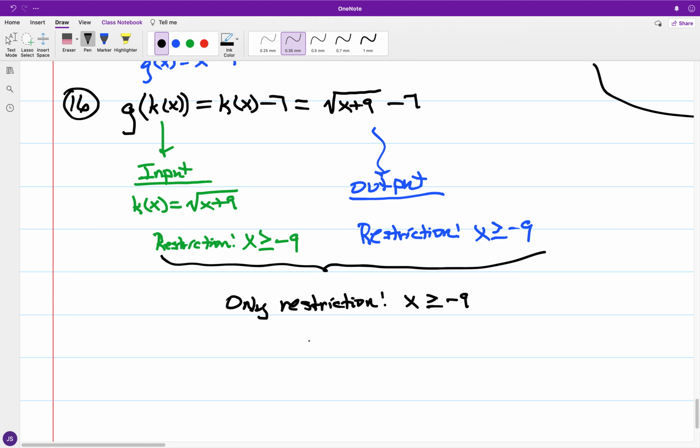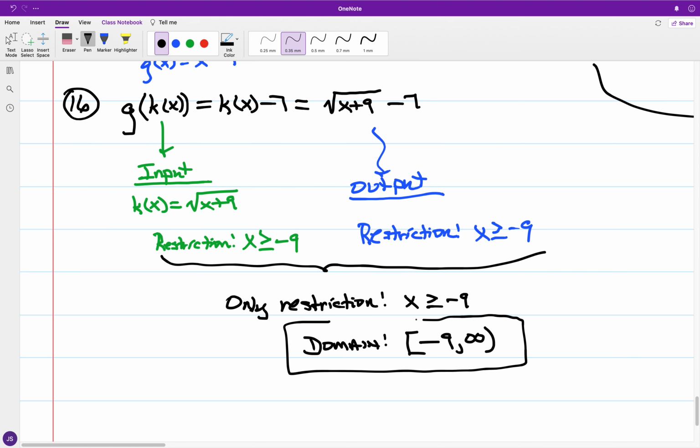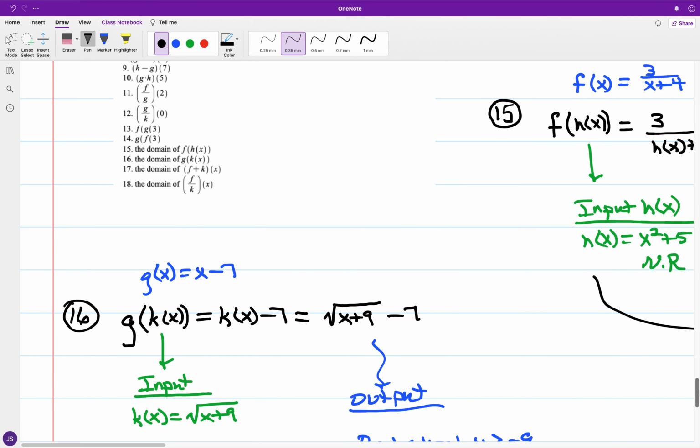And so for the domain, you're going from and including negative 9 and then running continuously out to infinity. All right. And then with the functions f and k tied in together,